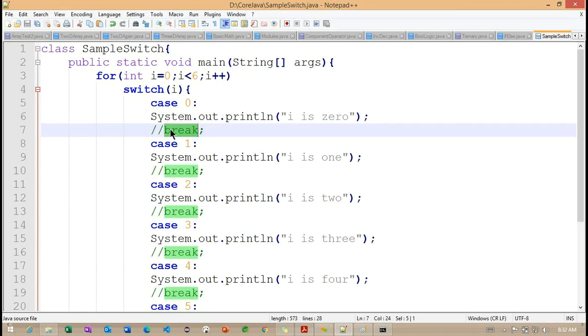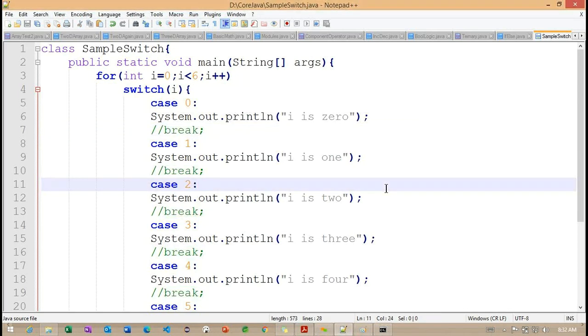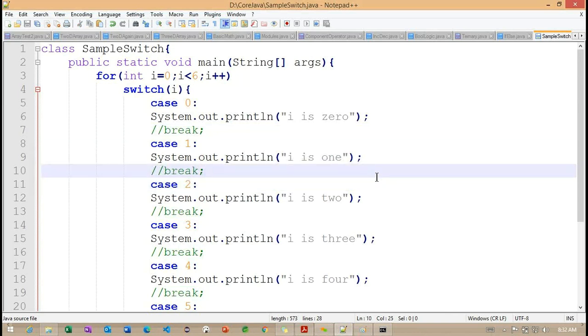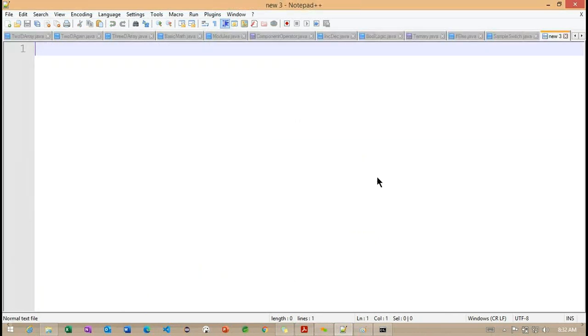Now we understand, if I'm not using the break, how many times it is executing. We'll observe one more example, to see how exactly the different cases execute if I'm not using this break.